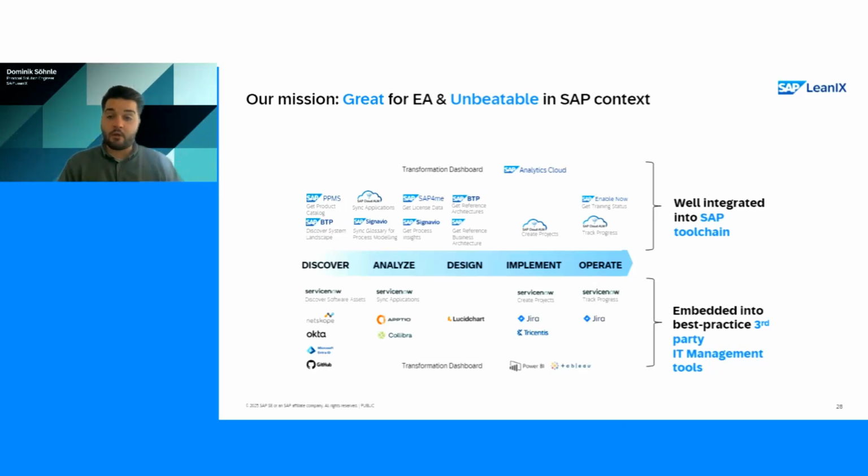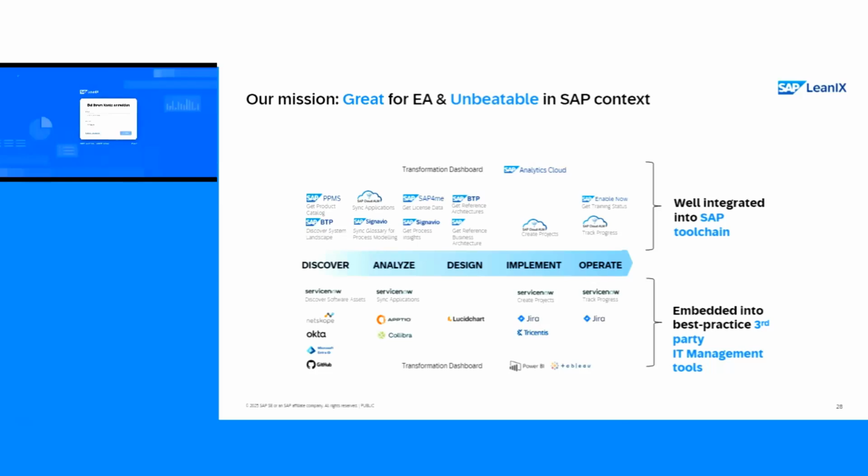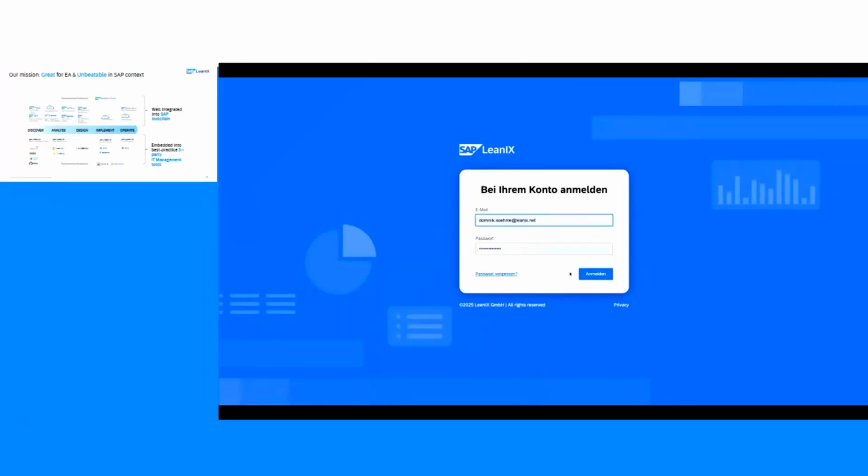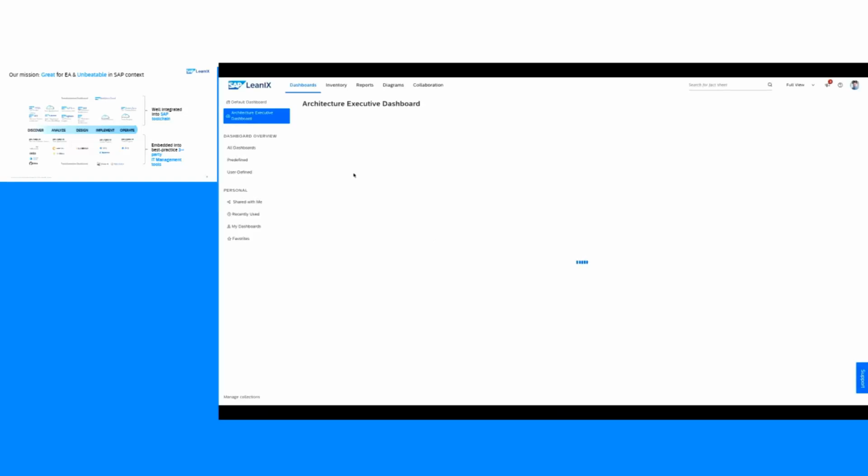But also on the non-SAP side, with ServiceNow, a state-of-the-art tool for CMDB, with Jira, with Confluence, we have out-of-the-box integrations to automate and integrate Linux into the existing IT ecosystem. On top, we obviously have open APIs which we can leverage to create custom integrations. With that said, let me quickly share my screen, because then we jump directly into the tool, and we start just